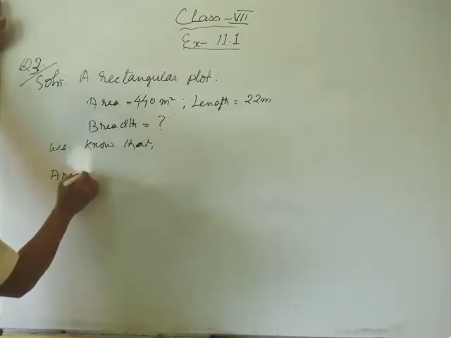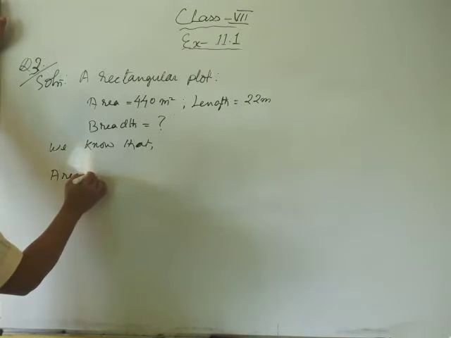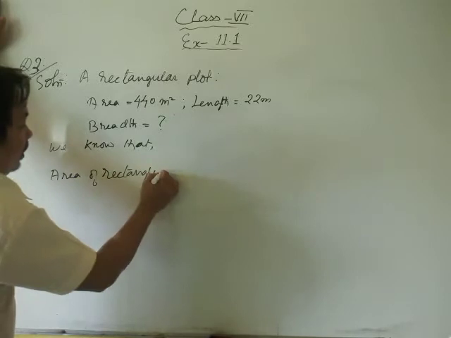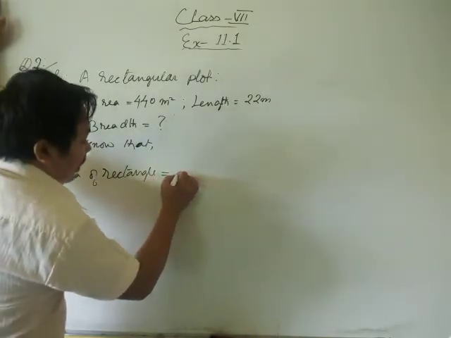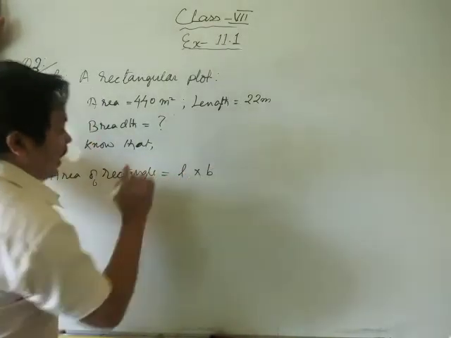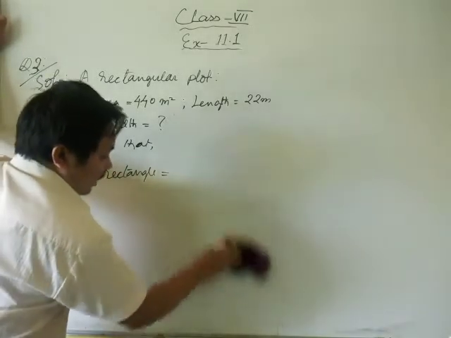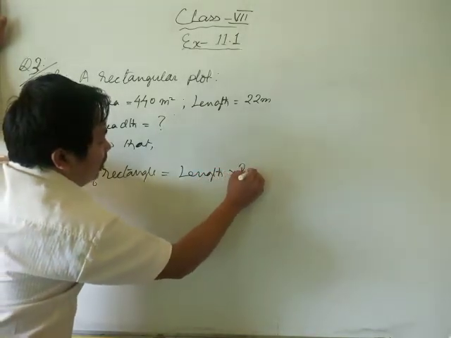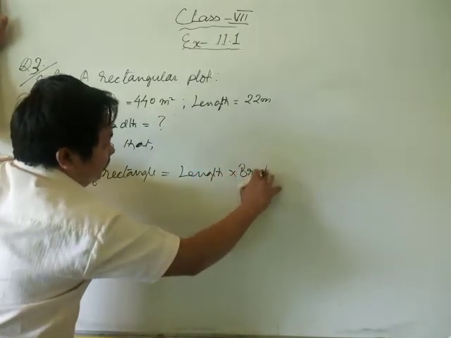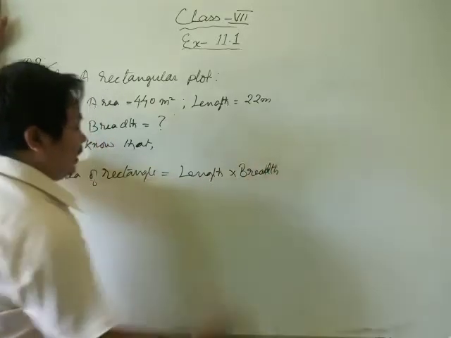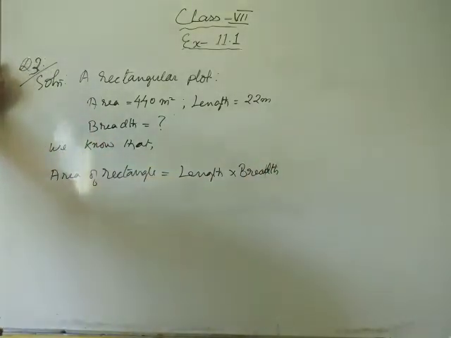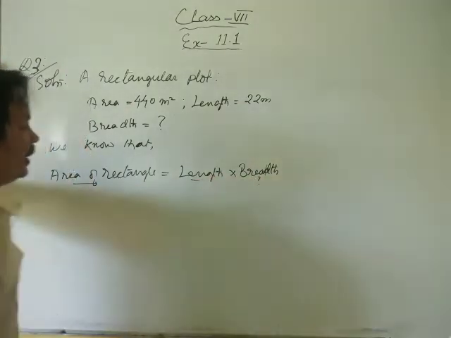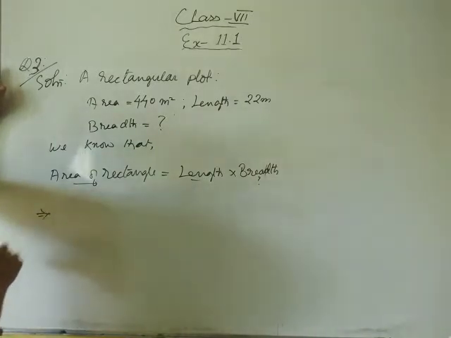area of rectangle is equal to L into B, length into breadth. Yes, of course, length into breadth, isn't it? Now if area is given and length is also given, we are going to find out the breadth, isn't it? So just write down here that this implies that